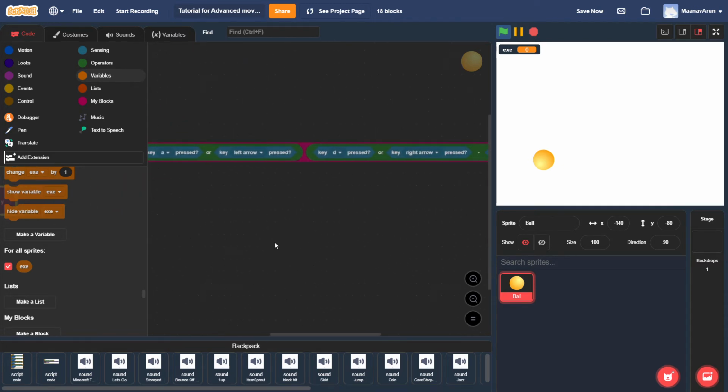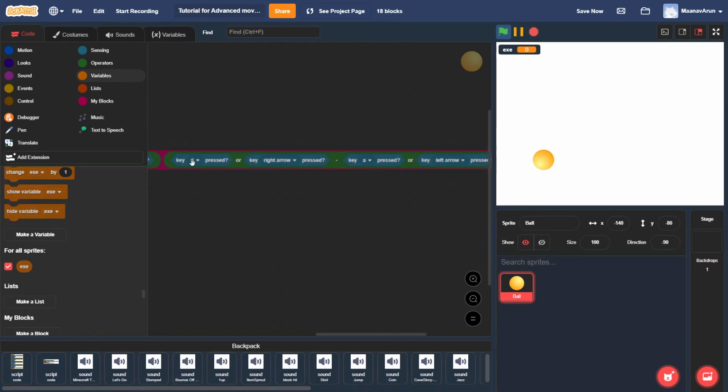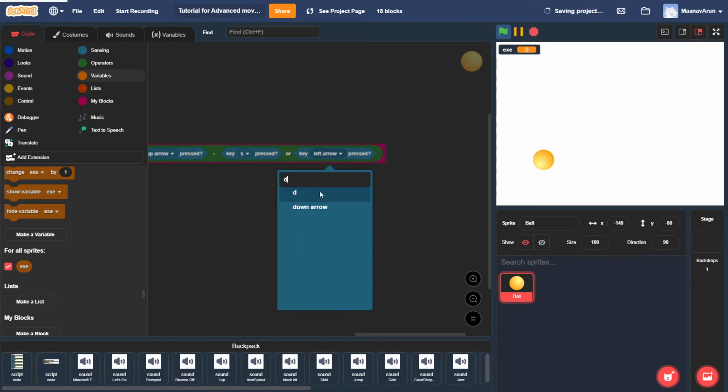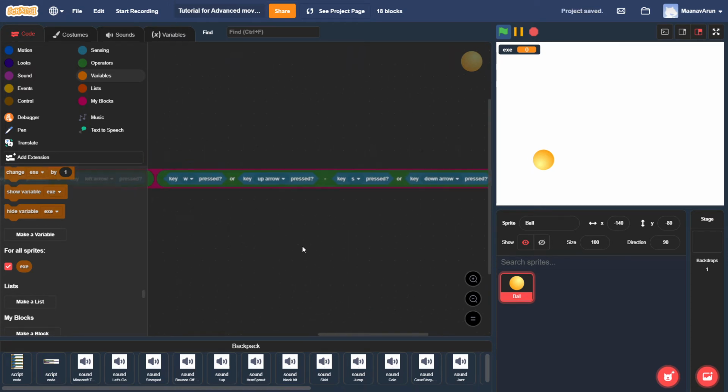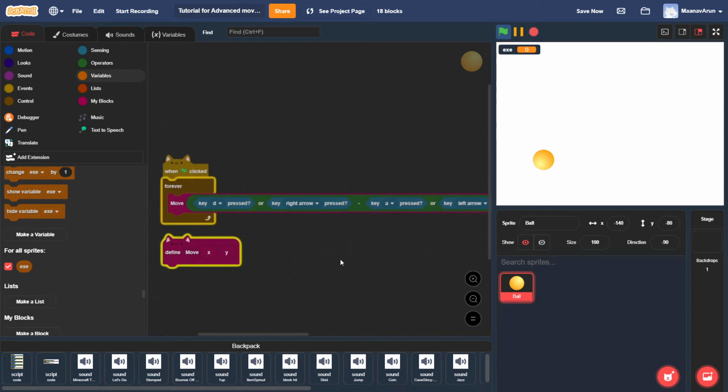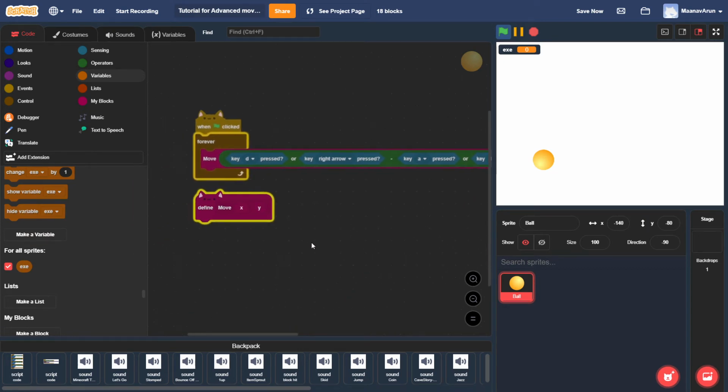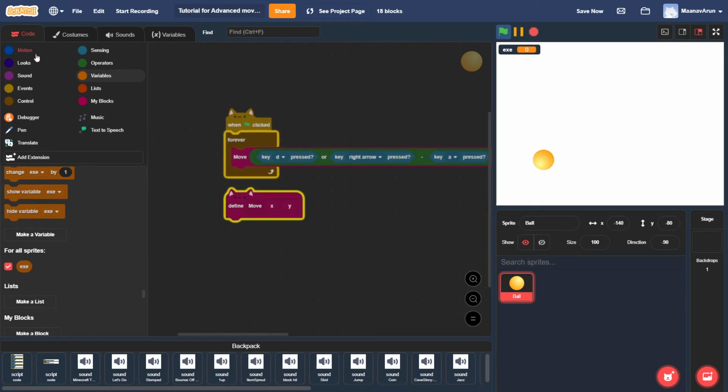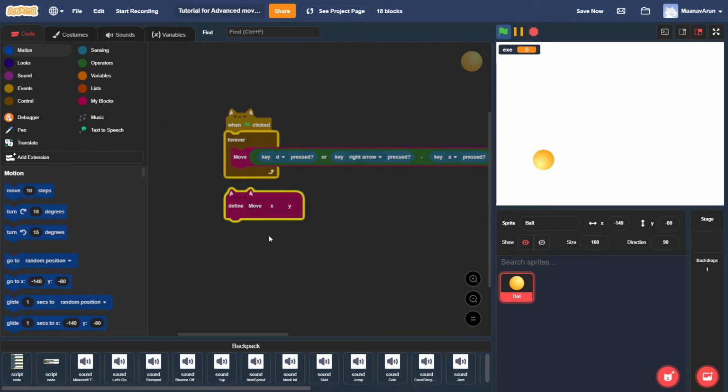Oh, and before you do anything, make sure that in the second input, it has the W or up arrow and S or down arrow. Mostly because otherwise it wouldn't do anything at all. It would change your X and Y position whenever you press the A and D keys, and the W and S keys wouldn't do much. And now what you want to do is under the define move XY script,